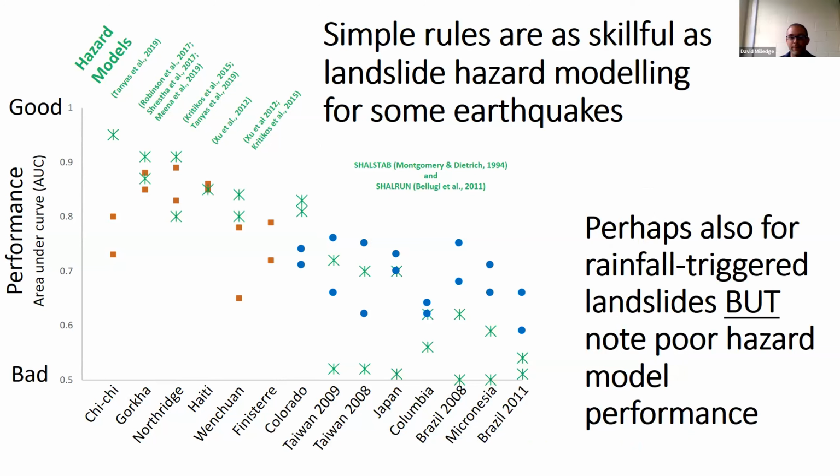Okay, so the same for rainfall. We see a similar story. The rainfall scale is slightly lower, but the models themselves are also slightly lower. And the gap between the 2 green stars here is the difference between ShallStab, a model that's just initiation, the poor performances, and ShallRun, a model with a very simple runout prediction, the top set of stars, which highlights how important it is to put even a simple treatment of runout into your models. And I'll finish there.